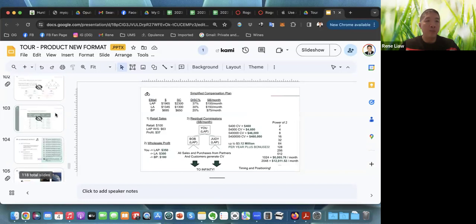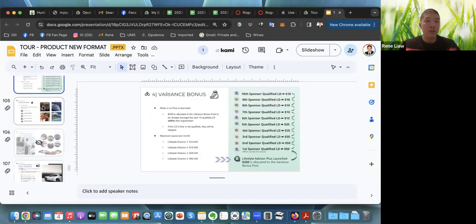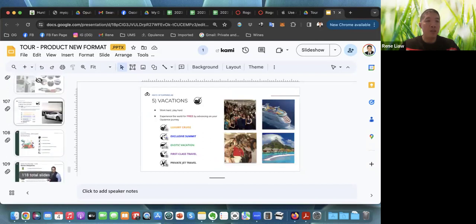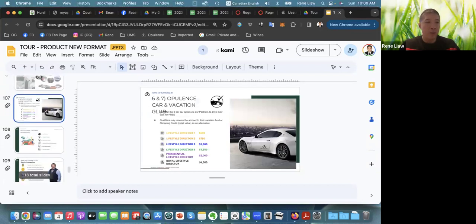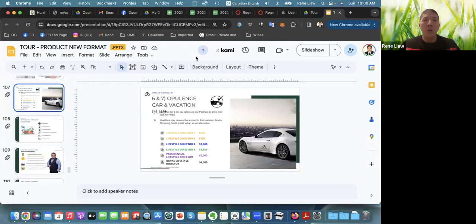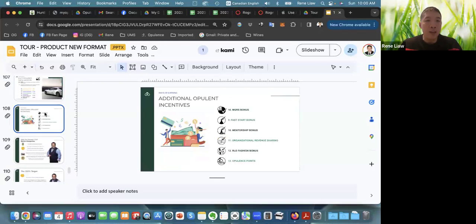And then number 4, the variance bonus. Number 5, vacations. Number 6 and 7, the Opulence Car and Vacation Club. This doesn't look like this on the main tour. Yeah, download your own version of this if you want, because I find that having it downloaded is a lot better because it loads faster than trying to load it on the internet. Number 8, and of course,